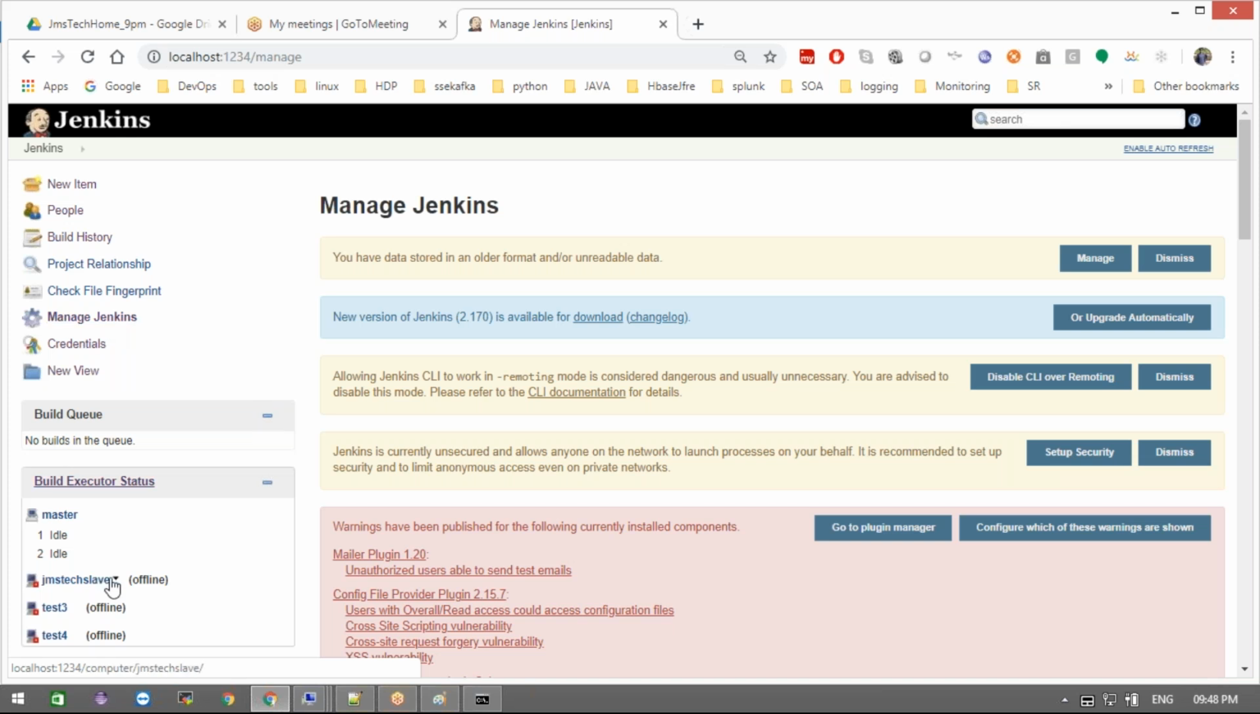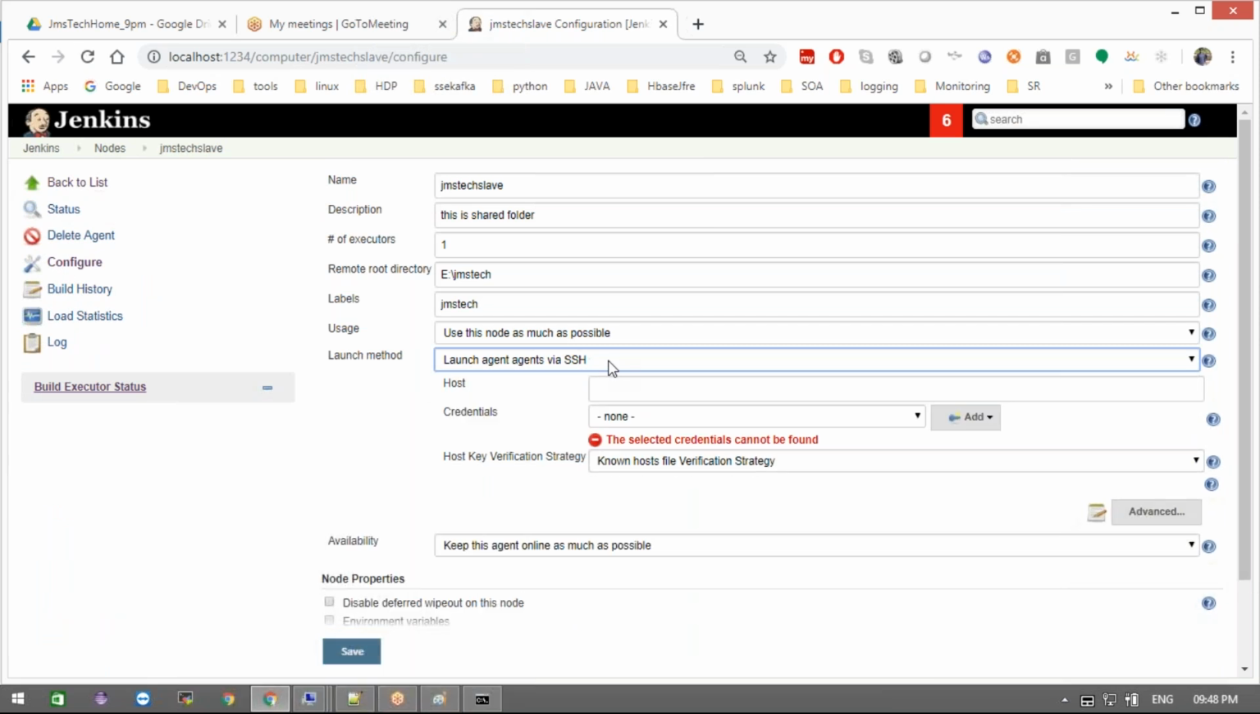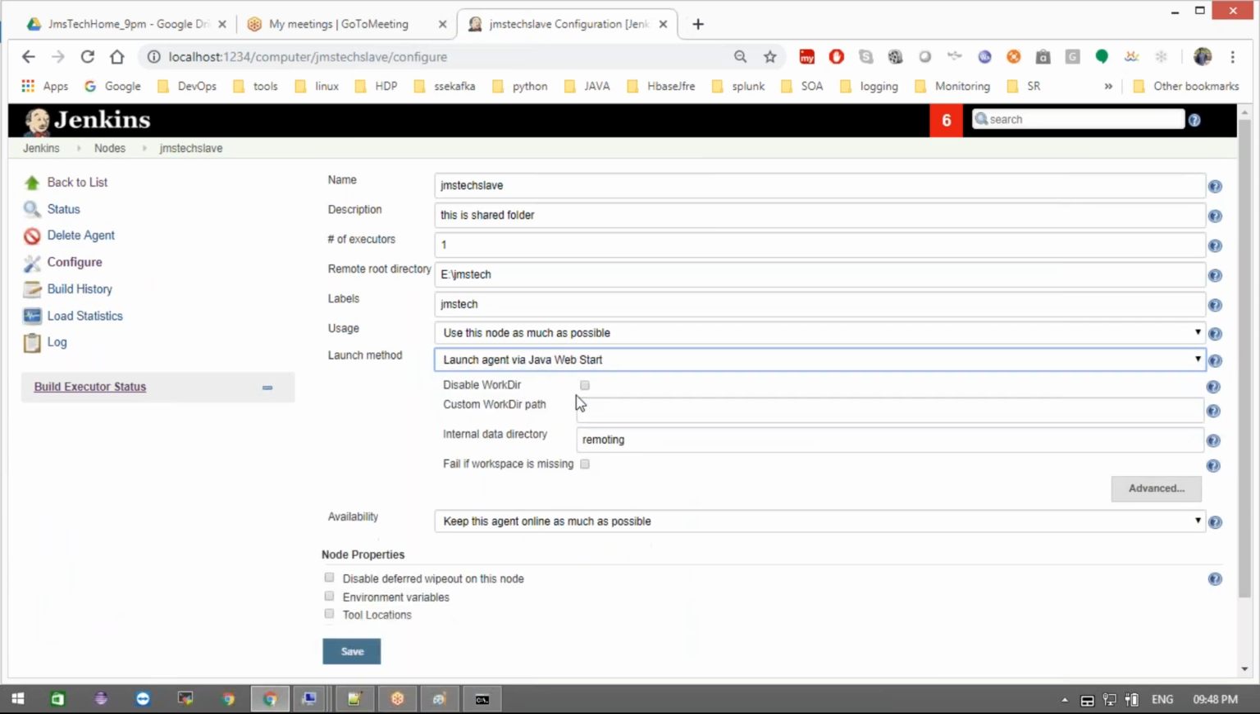Now go to this node here, click here. We need to come online, then only we can use this slave, or else we can't use it. I'm going to configure it back. I choose the option Launch Java web start. Okay, now